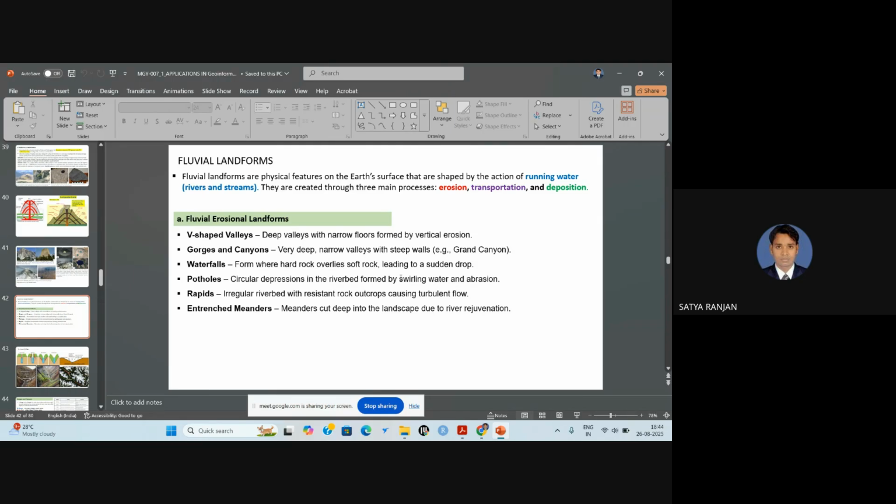So fluvial landforms may be V-shaped valleys, deep valleys with narrow floors formed by vertical erosion. Then gorges and canyons, very deep and narrow valleys with steep walls. Then waterfalls from where hard rock overlies soft rocks. Then potholes, circular depressions, maybe found in the